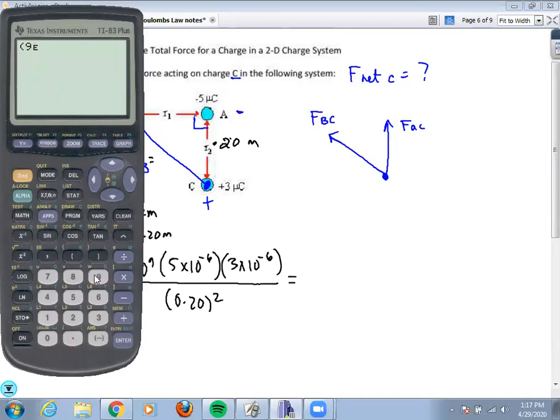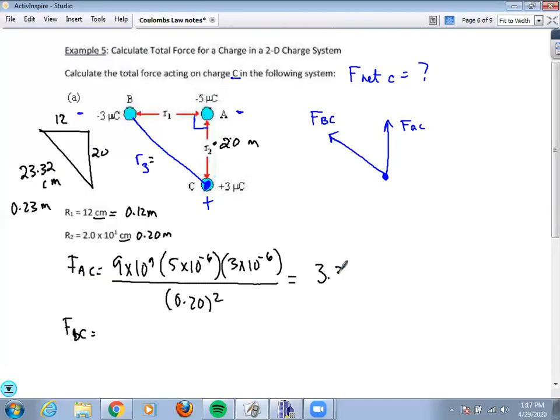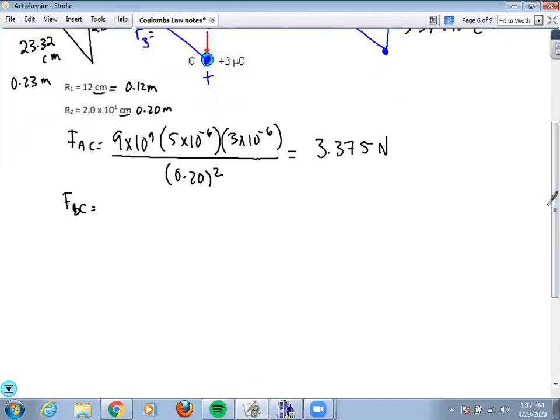Nine times 10 to the power of 9 times 5 times 10 to the minus 6 times 3 times 10 to the minus 6 divided by 0.2 squared, and you get 3.375. 3.375 newtons. That's the force of A on C. So 3.375 newtons due north. If we're looking at a top view, the force of BC will equal the constant K,